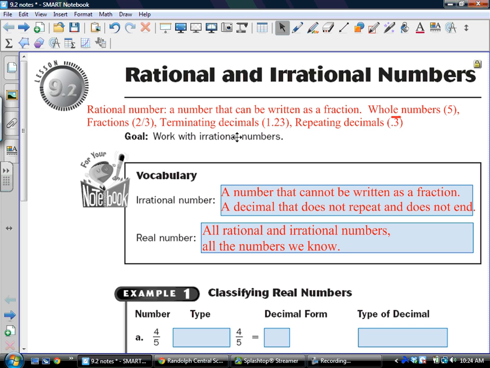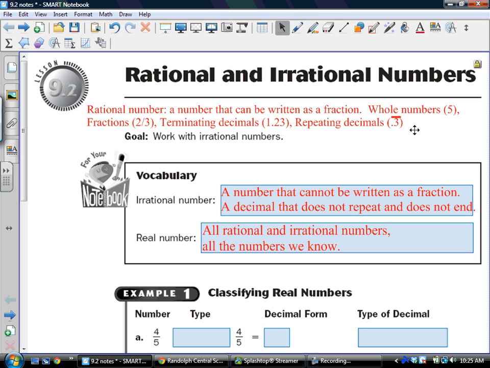Terminating decimals. The word terminating means that it ends. So any decimal that ends, like 1.23, done, stops at the 3. That's considered a terminating decimal. That can be written as a fraction. In fact, the easy way to do this, just read this. Rather than reading it as 1.23, we could also read this as 1 and 23 hundredths. That's your fraction, 23 over 100. So there's actually a mixed number, 1 and 23 over 100. So yes, that's rational. And then it turns out that repeating decimals,